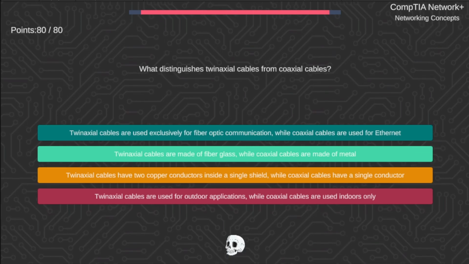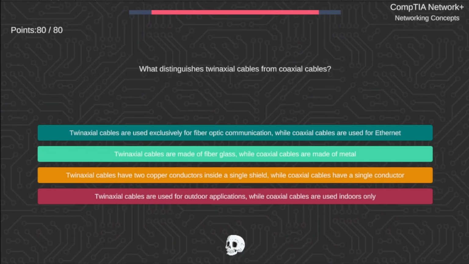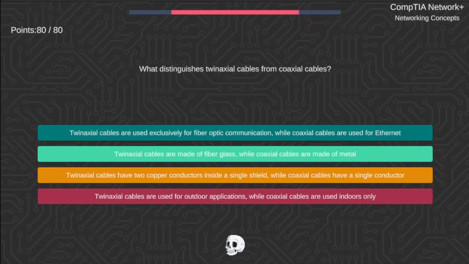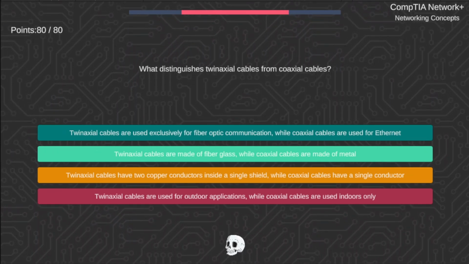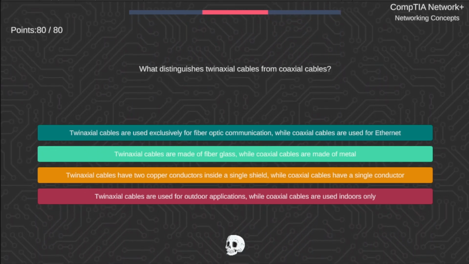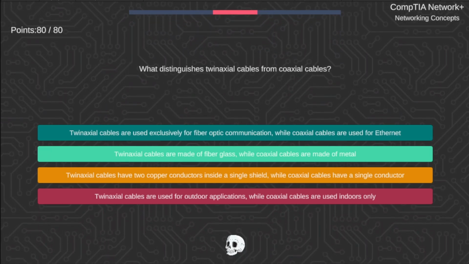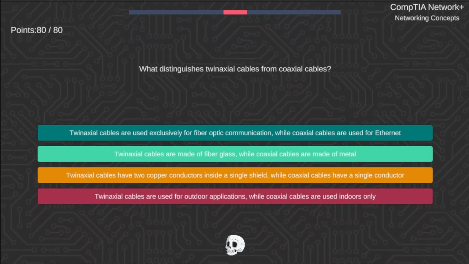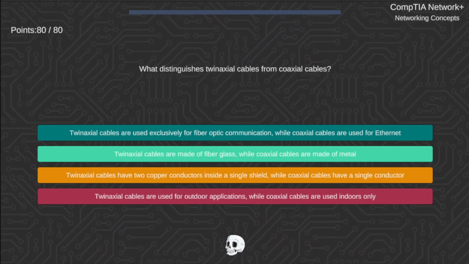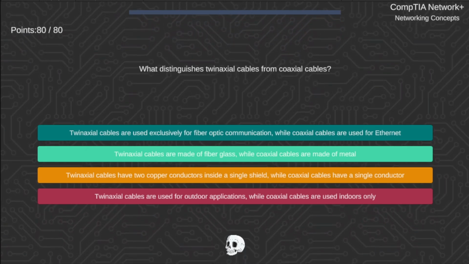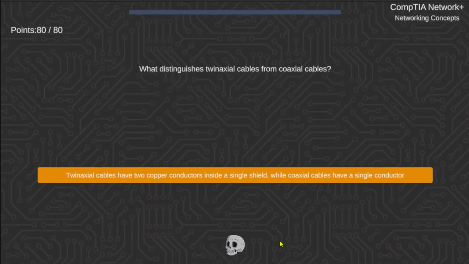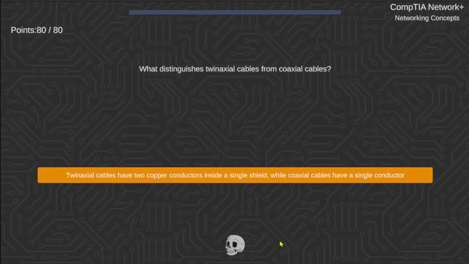What distinguishes twin-axial cables from coaxial cables? Twin-axial cables are used exclusively for fiber optic communication, while coaxial cables are used for Ethernet. Twin-axial cables are made of fiberglass, while coaxial cables are made of metal. Twin-axial cables have two copper conductors inside a single shield, while coaxial cables have a single conductor. Or twin-axial cables are used for outdoor applications, while coaxial cables are indoor use only. Twin-axial cables from coaxial cables. Correct answer is twin-axial cables have two copper conductors inside a single shield, hence twin, while coaxial cables have a